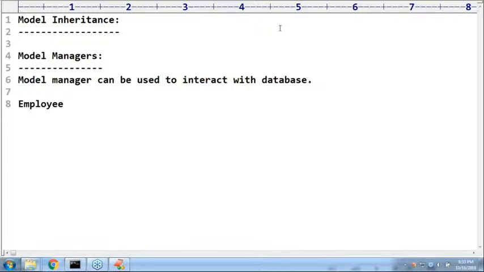But what about model manager? Yes, an important point you should be aware of. We have already used model managers, but we don't know that the concept is called model managers. Are you getting that? We don't know that this concept is called model managers. Where did we use it, sir? Have you ever used